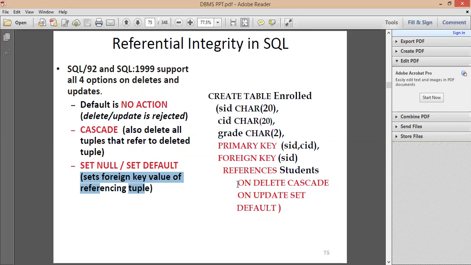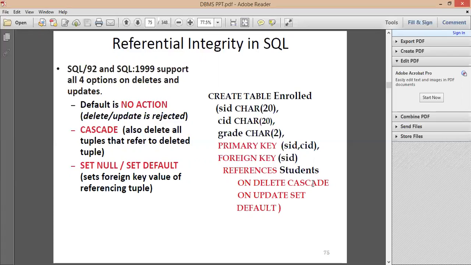Now instead of on delete cascade, you can also write on delete no action. If I write on delete cascade, then all the related data in the child table also gets deleted.